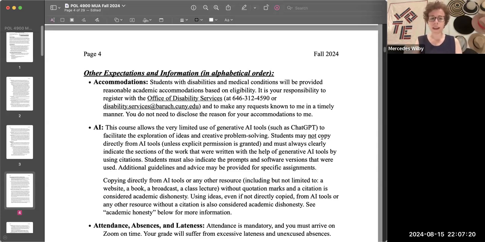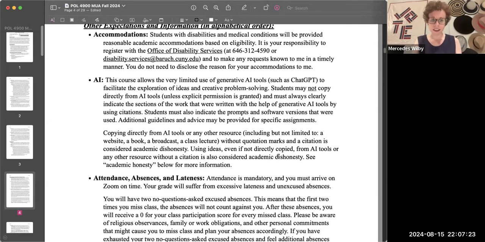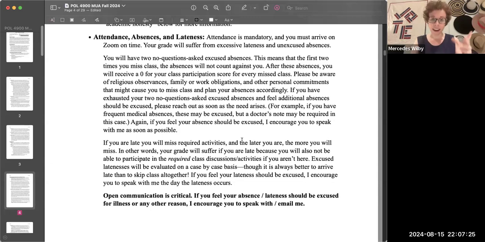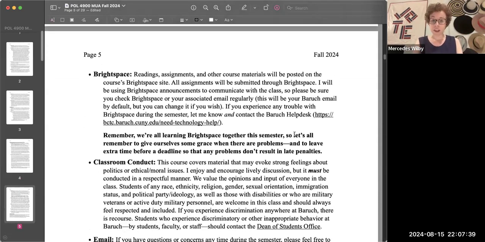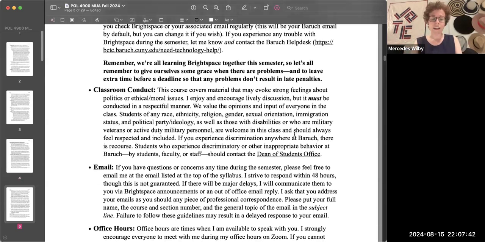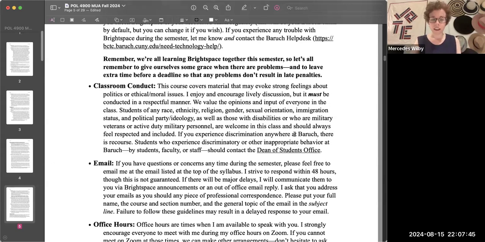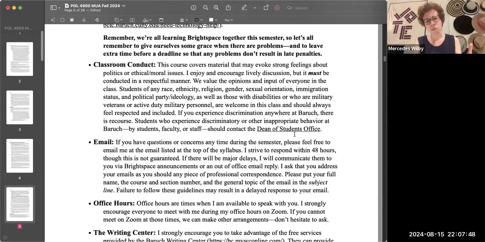And you'll see that there's all sorts of information about accommodations, about using AI in this class, about attendance. I already addressed that a bit in the grading section, where we talk about my expectations for participation. This elaborates on that with specifics about attendance. You have information about our Brightspace course page, and information about how to behave yourself in the class. It's all pretty self-explanatory, but take a minute and check out either the little video on this or the section of the syllabus